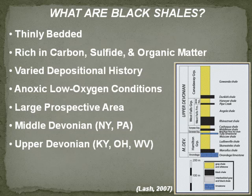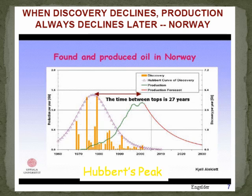going to have troubles with anything you burn because you want to get rid of the sulfur before you burn it. So for many years, we knew that there was a lot of gas in the black shales, but again, as you drilled them, you produced gas for a little bit, and then they would go down to nothing, so it wasn't worth producing. And then there were the problems of the sulfur and the radioactive materials and things like that. But what changed all that, as we go to the next slide, is that Terry Engelder used this slide,